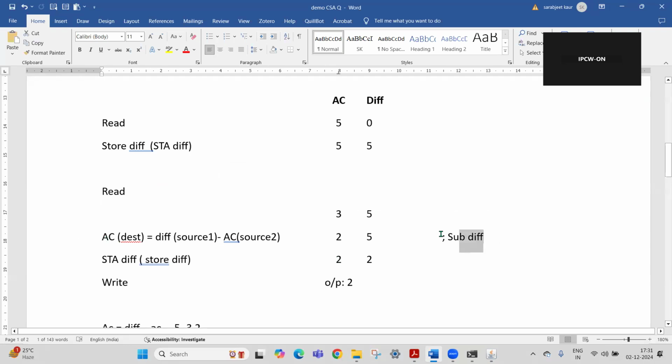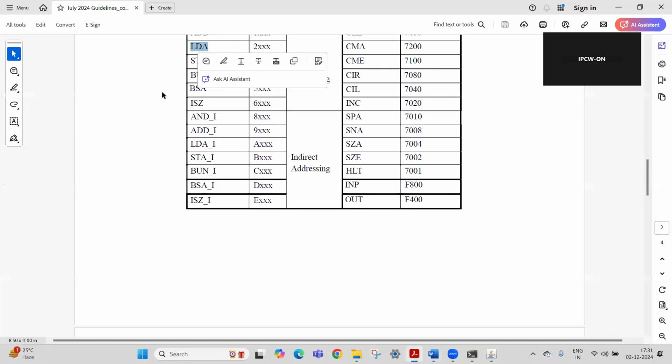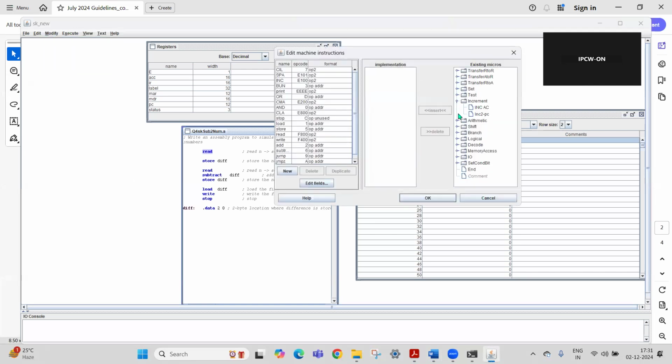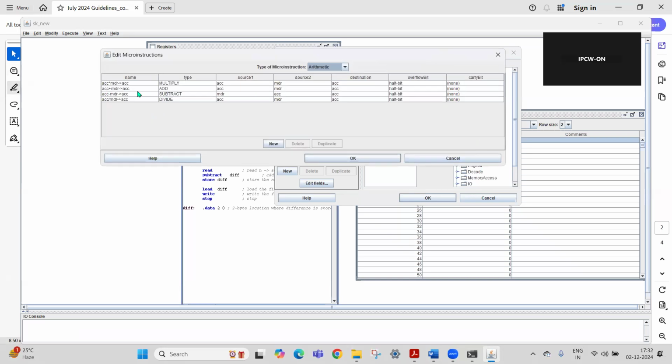Now when we say subtract diff after this, what happens? AC is equal to AC minus diff. The only thing is that I have written diff minus AC here. That means when you implement the subtraction instruction here, just remember to put the source 1 as the data register and not the accumulator. Otherwise,